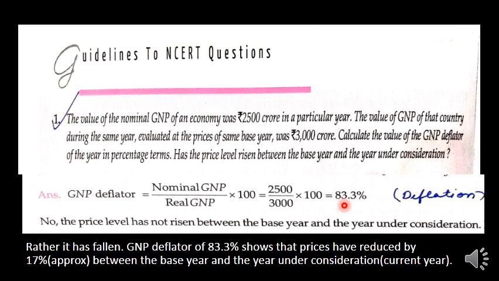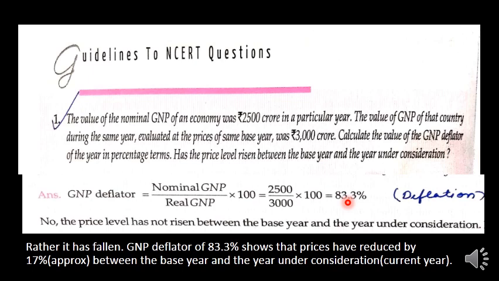So price index is a unit free number, so it can be stated just as the value of the price index, but since the question is asking you to give it in terms of a percentage. And also why we can say it is a percentage, because it shows the percentage change in prices over two time periods. So it is correct to say 83.3 also, but as per the question we are writing it as 83.3% here. Now what you see here, that 83.3 is less than base year index, which is 100. That means there is a fall in the prices of the current year compared to the base year.